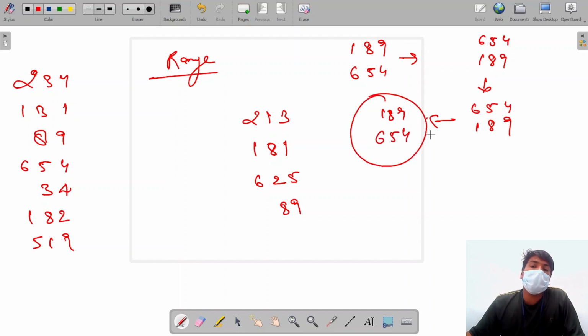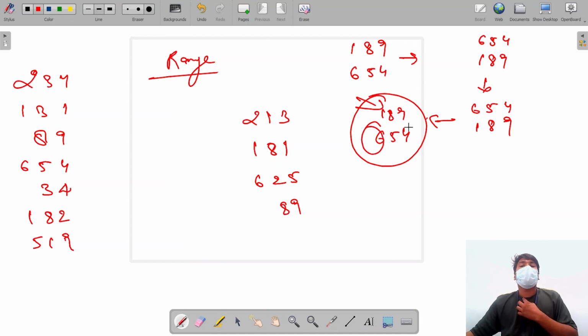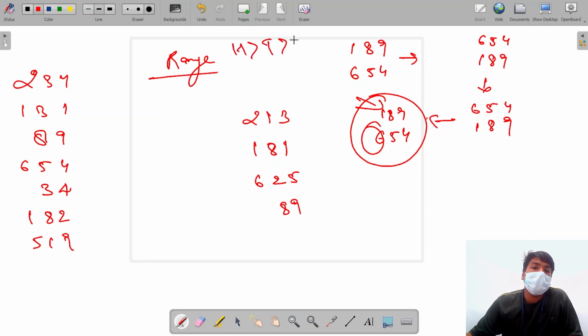So the final result will be given by the 100th place, right? If the 100th place is saying that I am bigger, then I'll be below the smaller element. I'll come after the smaller element if the 100 place says I am bigger. So what I'm saying is that the precedence of the 100 place is more than the 10th place, and the 10th place precedence is more than ones. And if there is 1000, then the 1000 place precedence is more than 100, right? This is what I'm saying.